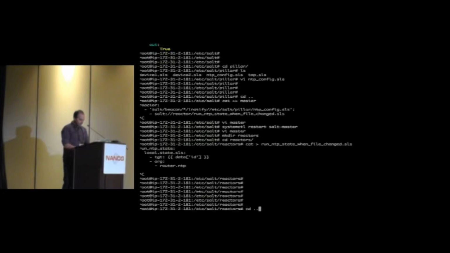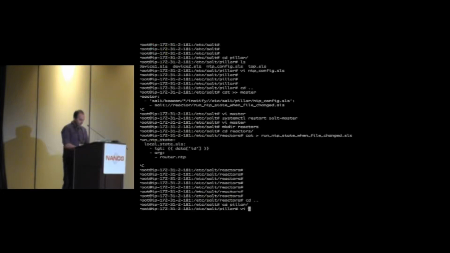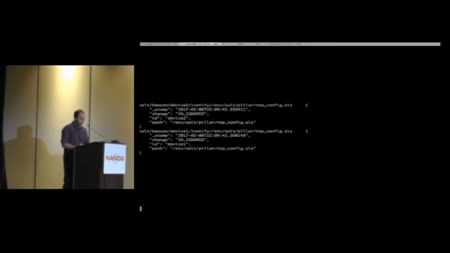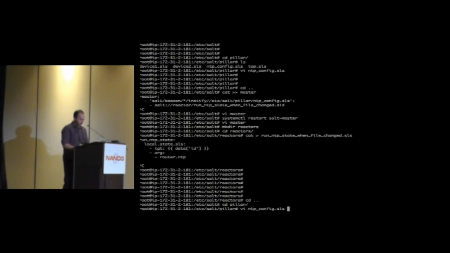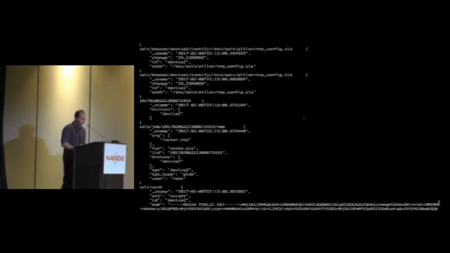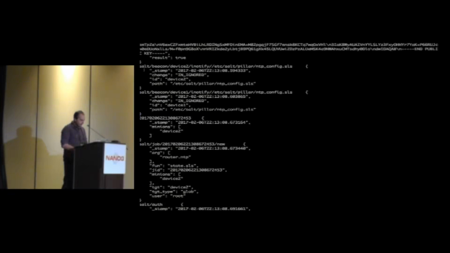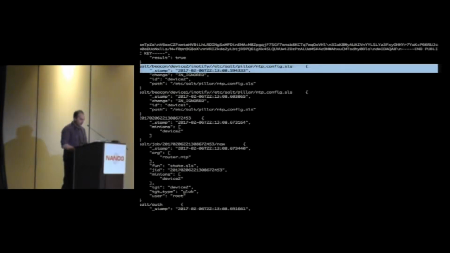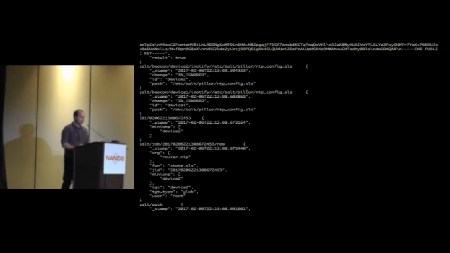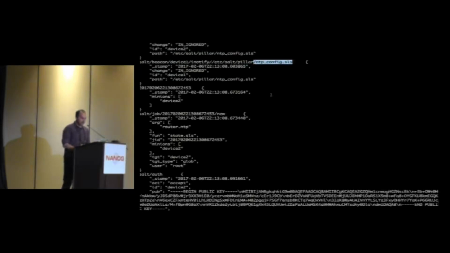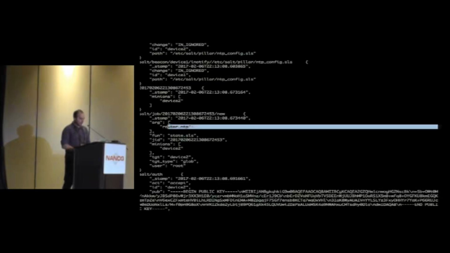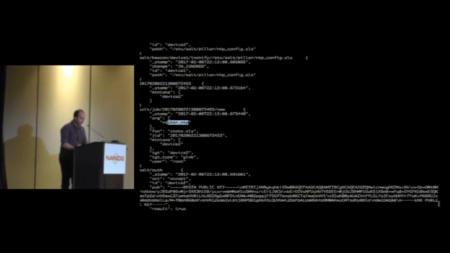And now let's go back to the pillar. And while this event bus is still recording, I will update the NTP config file. Again, it triggered events. It triggered this event and this event, because the NTP config file has been changed, and the reactor system immediately kicked in and said, run router.ntp against device 2